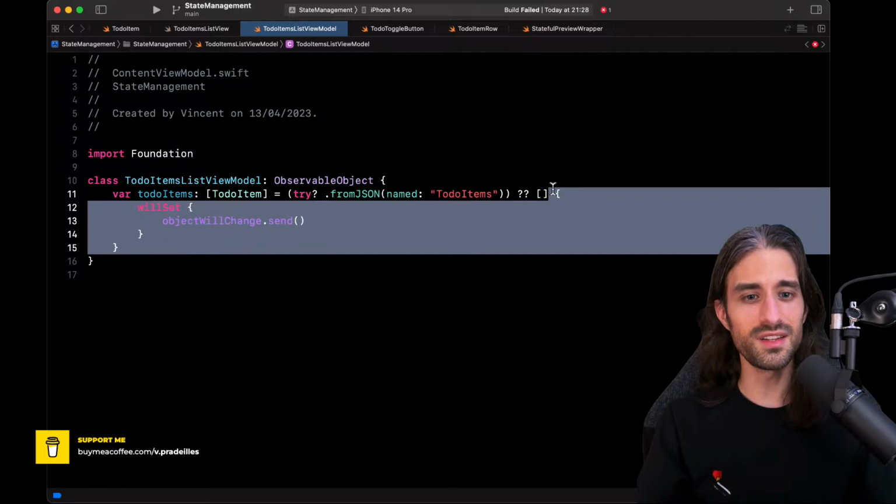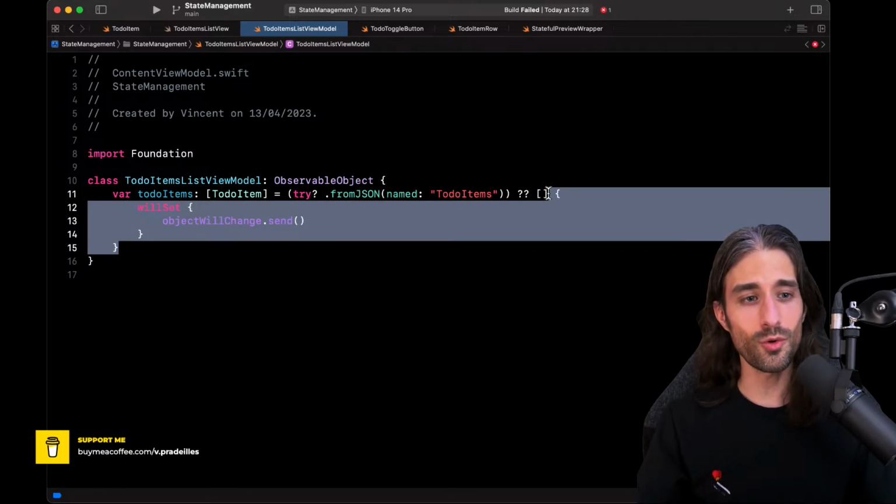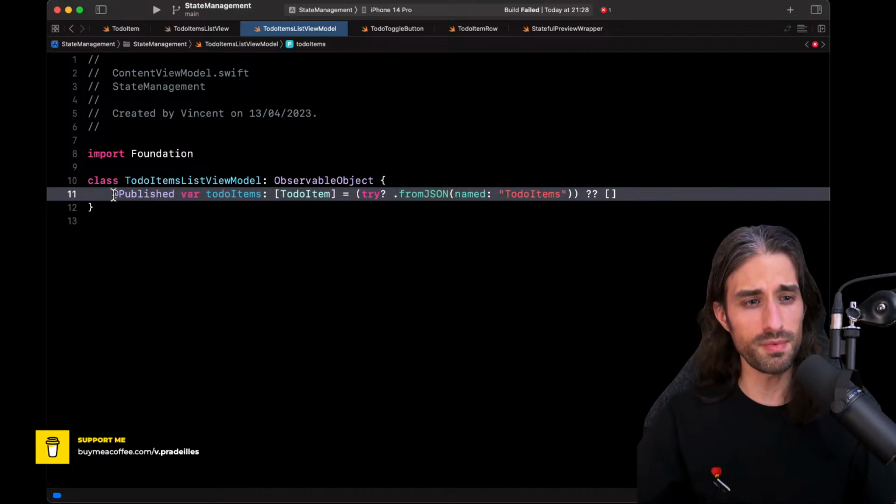Fortunately, we don't need to write this by hand because there is already something there that encapsulates this feature. And the thing that encapsulates this feature is the property wrapper @Published.